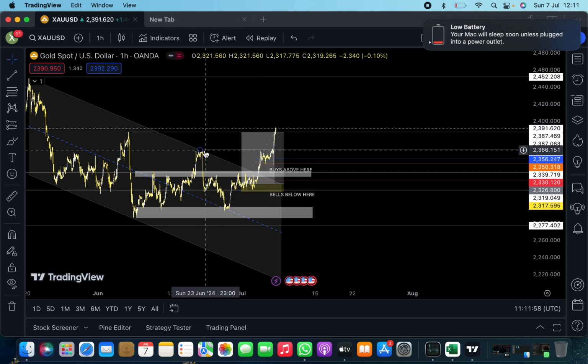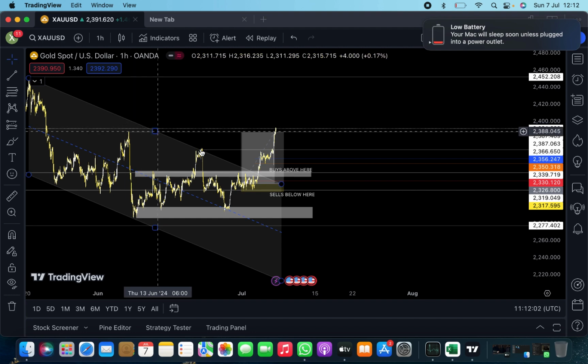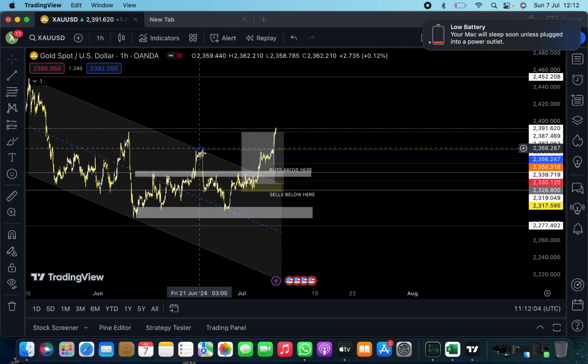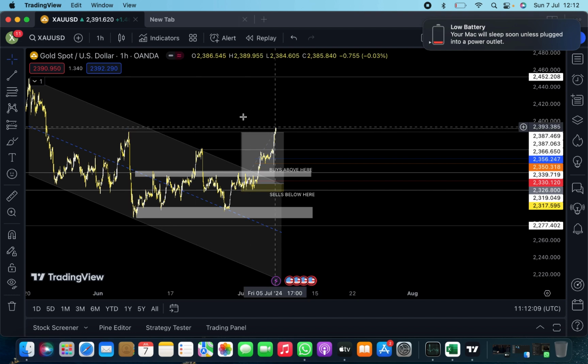You know, price took the liquidity of the descending triangle. You see the low has been broken. I mean the high has been broken. It was also being broken here. Where's price heading to? So according to how I visualize the market logically,